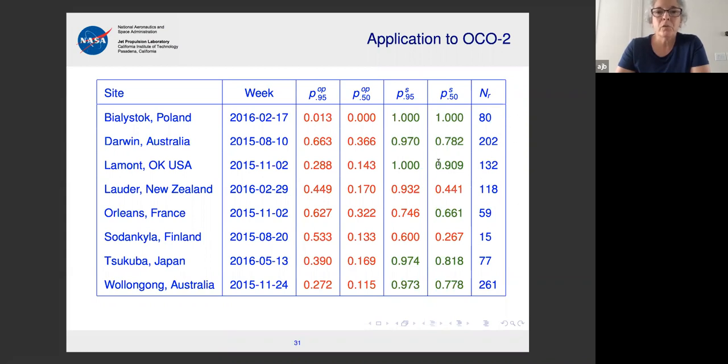So you can see that we improved in a number of places here. There are some places where we didn't make the cut either. This Sodankylä is a notoriously hard place because it's way far north and there are lots of problems there. Orleans is another mystery for us. This one almost works, but you can tell some progress is made here. I think we can claim moral victory from this table. I'm not asserting that it is a universal validation of what we did, but based on what we've looked at, I think it looks pretty good.